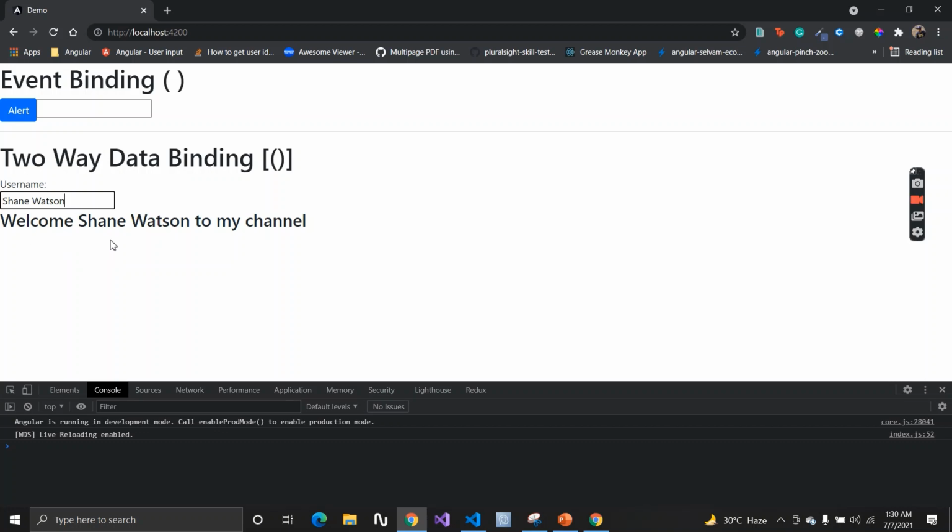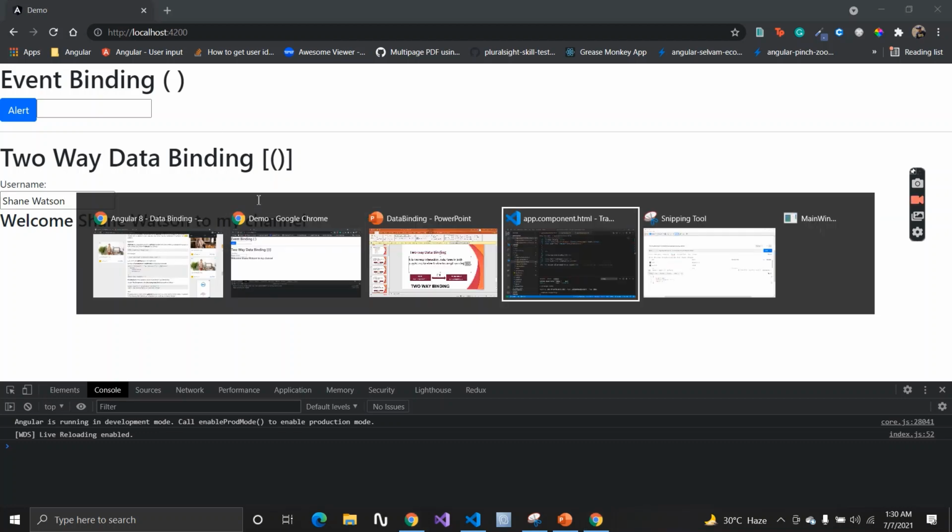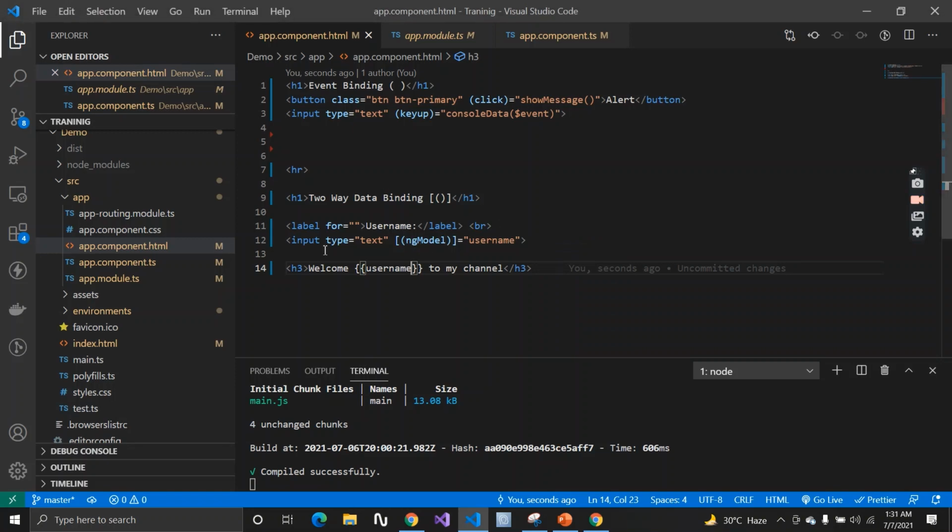So now let's check the flow of this. Why is this actually called two-way data binding? Whatever I'm typing here, I'm typing in this input, which belongs to this HTML file. Now whatever I'm writing here, where is it going? It is going to my component. So currently the data flow is from your view to your component, whatever I'm typing here.